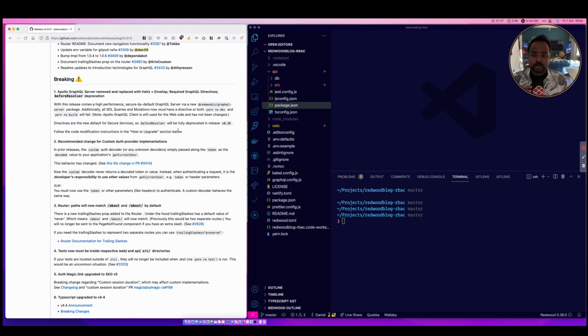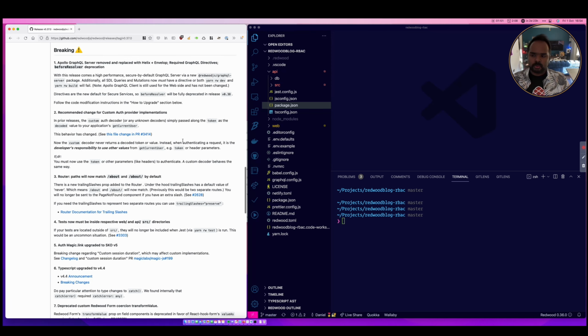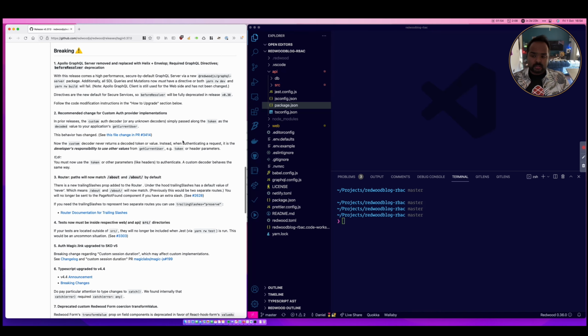To support that, we have a couple of changes that you have to do in terms of imports that we're going to see in a moment, but also we're bringing in directives, and that's going to give you a lot of power to control what gets queried and modifying your responses. I think you're going to love what directives do. So bear with me and we'll go through the upgrade guide and we'll see what it's like to use the